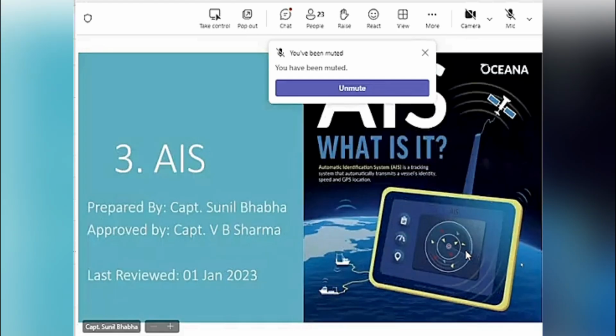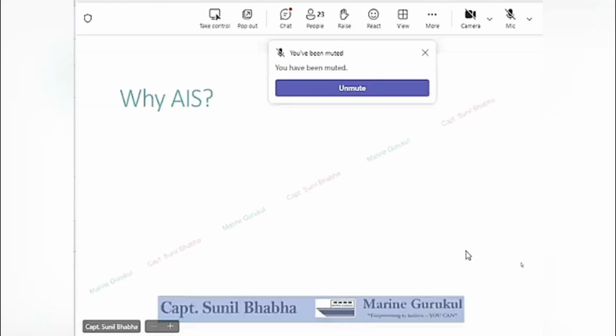In this presentation, we are going to discuss and learn about the AIS, Automatic Identification System. Now, before we go into the working and operation of the system, it is always a very good practice to go into the history of the equipment.